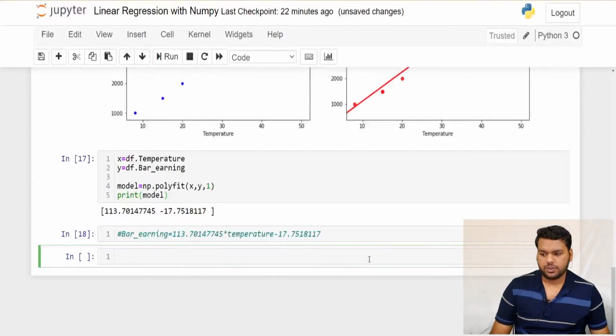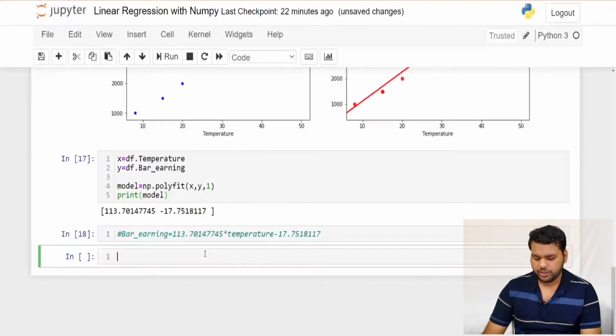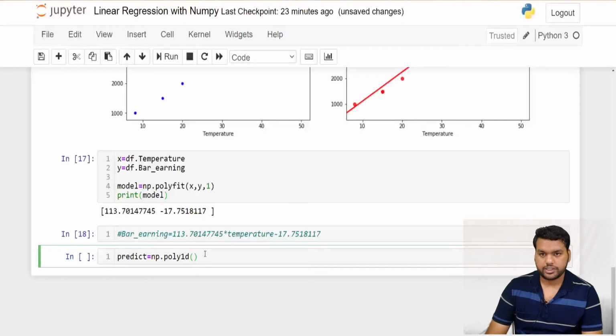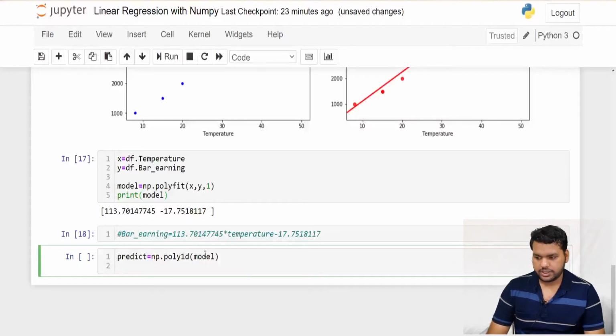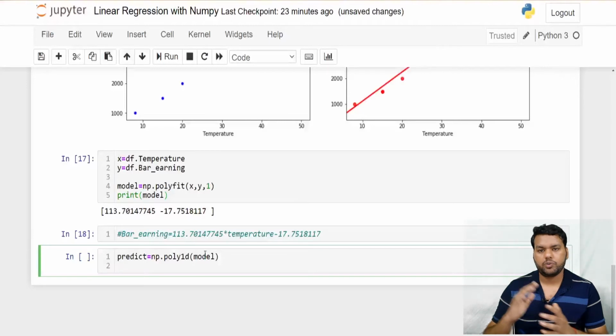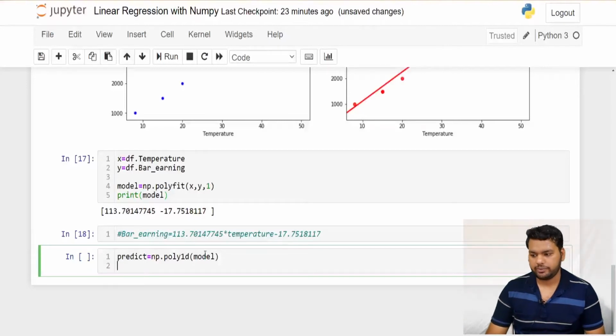Now for the prediction, we create another variable that is predict. Predict is again np.poly1d, because we have the 1 degree polynomial linear regression equation, poly1d, that is the model, right? Now this is the predict variable. Now what we're going to predict, we just see how the estimated values for the barending will come in.